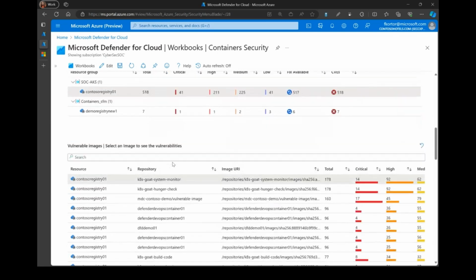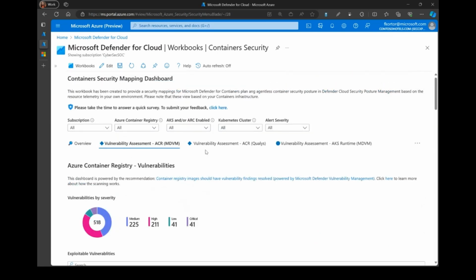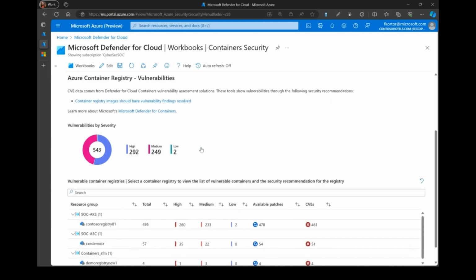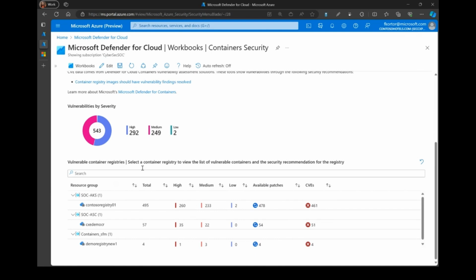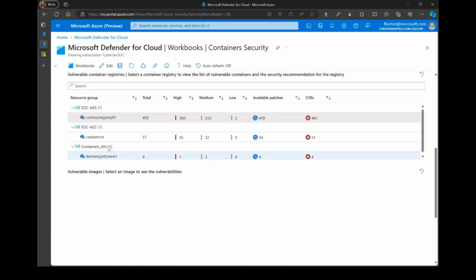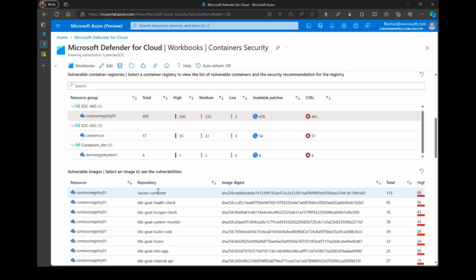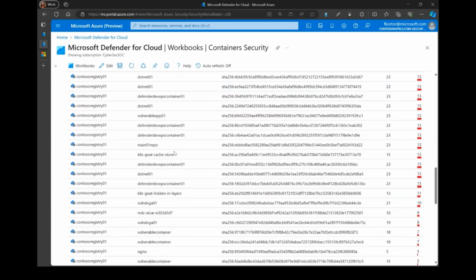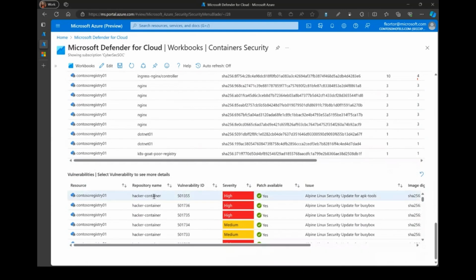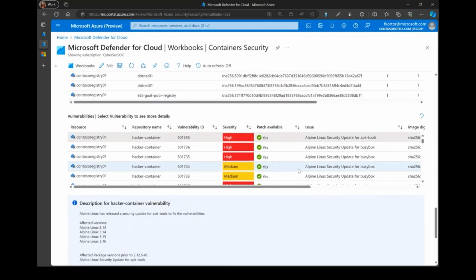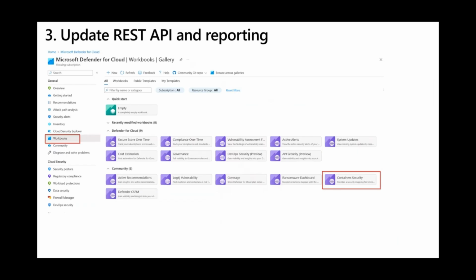In addition to that, you'll see the results for Qualys right next to that, which also shows you an overview and allows you the capability to drill down to the registry repository, and then view the vulnerable image. So going back here. So those are some things to keep in mind when transitioning to Microsoft Defender Vulnerability Management